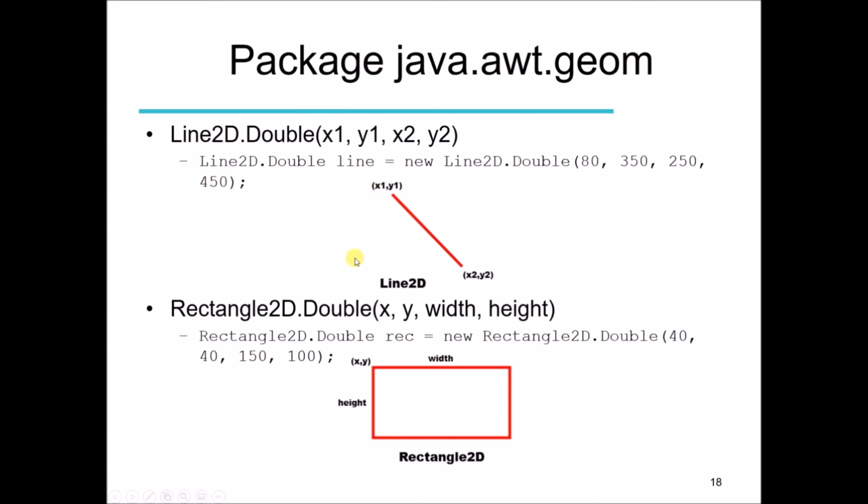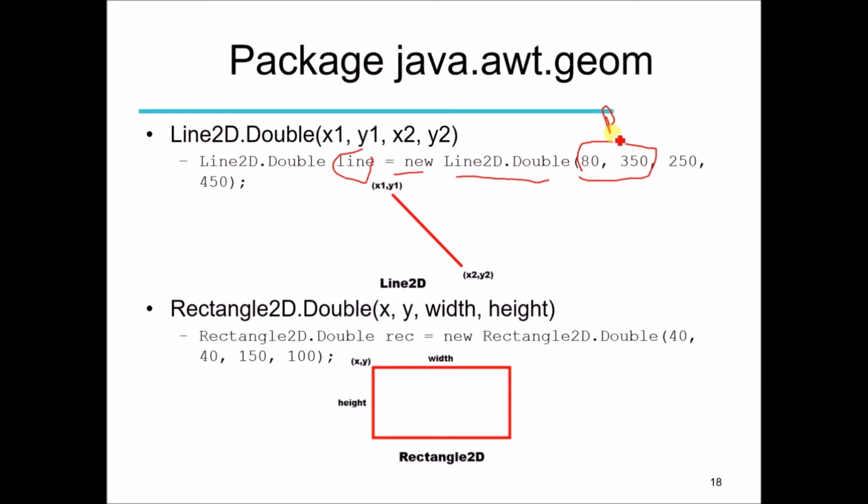Now if you want to create the line object, we are going to use the class Line2D.Double. We have to create the object. We write the class name Line2D.Double, then the object name, that is line. We can use any name for the object, then equal and the new operator, the name of the class, and the four parameters. These four parameters are similar to the parameters we pass to the method drawLine, that is the values of the two points of the line: x1, y1 of point P1 and x2, y2 of point P2. So we are passing similar parameters to construct this object.